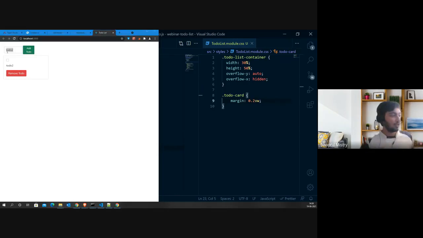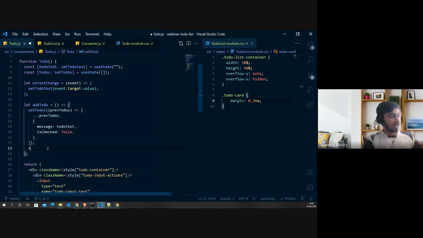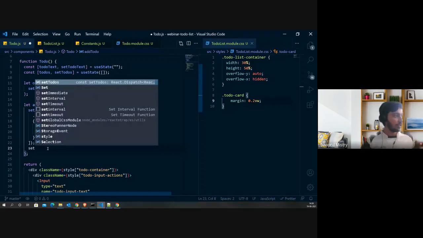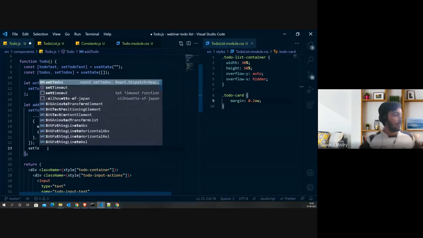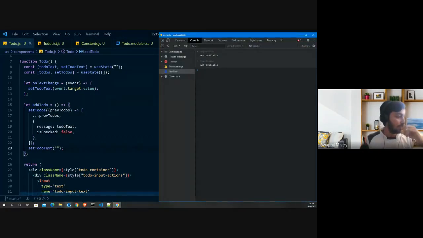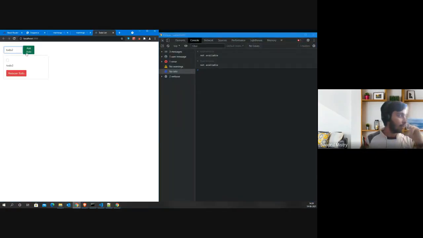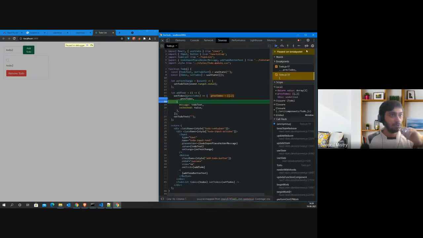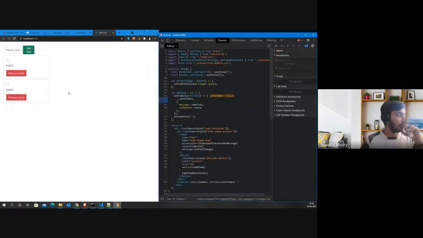So what we can do is whenever someone adds the to do, just set the to do text to empty. Okay, and this should do it for us. So let's say if I go again over here, click on add to do, I will just remove this debugger, right? So now you can see that we don't have anything.